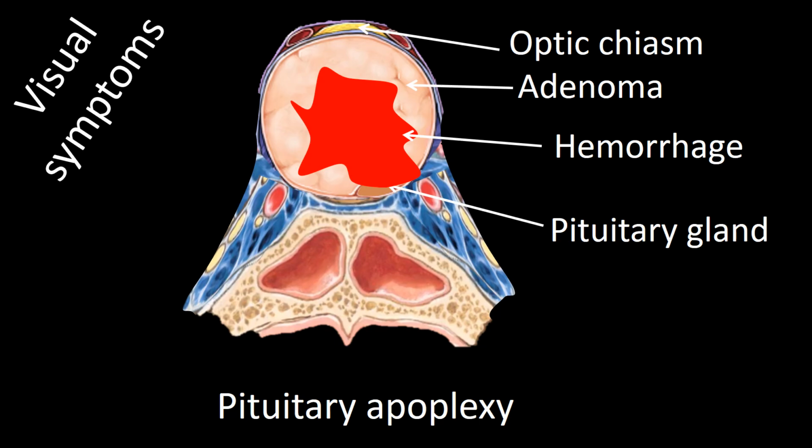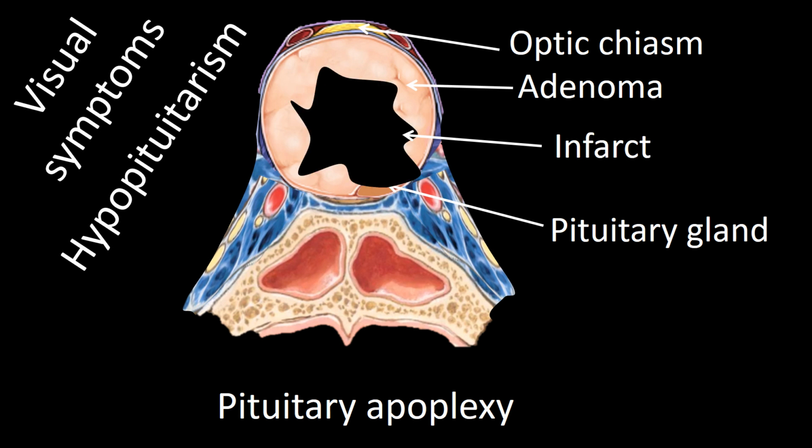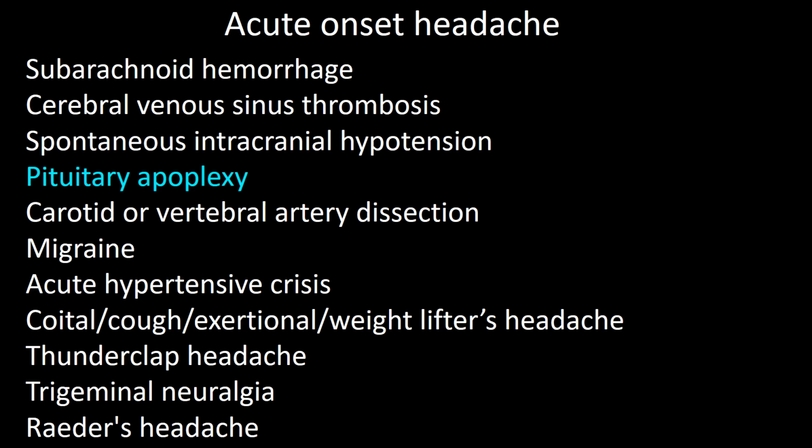In addition to visual symptoms, pituitary apoplexy is associated with signs of hypopituitarism. The third reason pituitary adenoma presents to a neurologist is infarction. Infarction, like hemorrhage, produces pituitary apoplexy. After pituitary apoplexy,